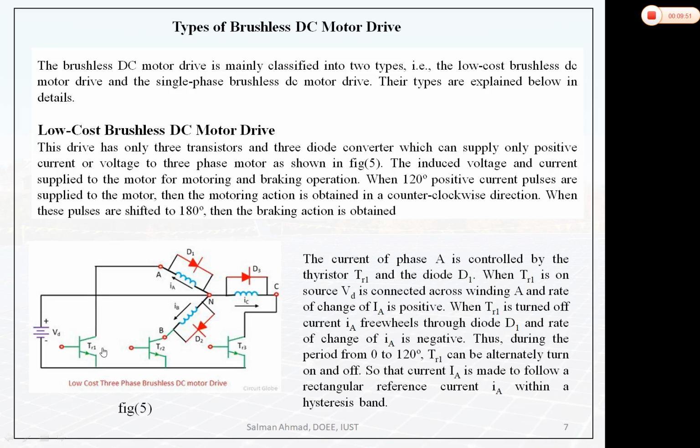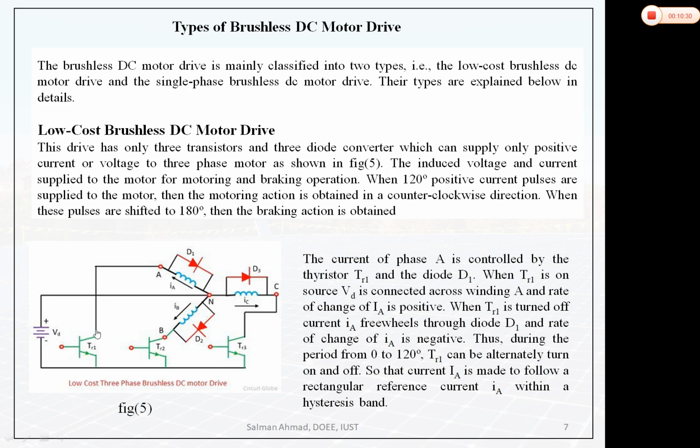If we are turning on this transistor, then this is shorted. This is the winding, and the parallel diode is connected across this winding. A wire is connected to the top of this terminal and the bottom is connected to this, and positive is connected here. So current will flow in this direction. The positive directions of the currents are shown with these arrows: IA is in this direction, IB is in this direction, and IC is in this direction.